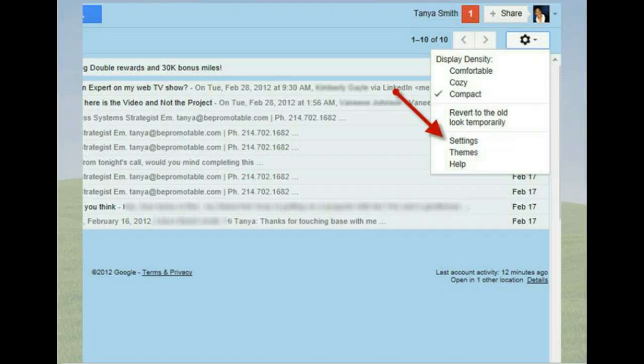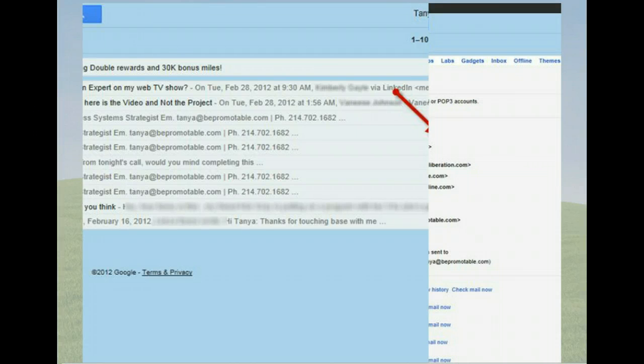I'll share what I'm talking about in just a second, but here's how you get there. On the far right, you're going to see a little gear or wheel, right underneath my picture. When you click the drop-down arrow, that's where you'll see settings. So settings is going to be the home of a lot of the changes I'm getting ready to show you that you can make.